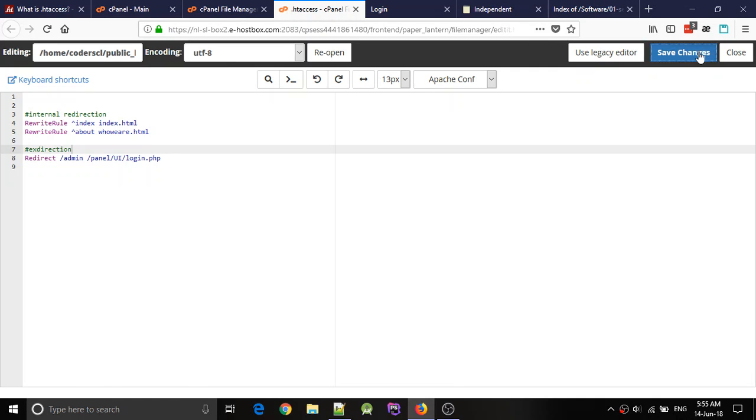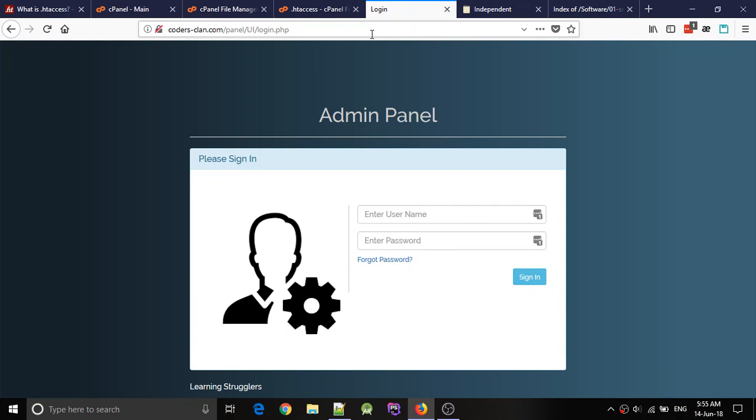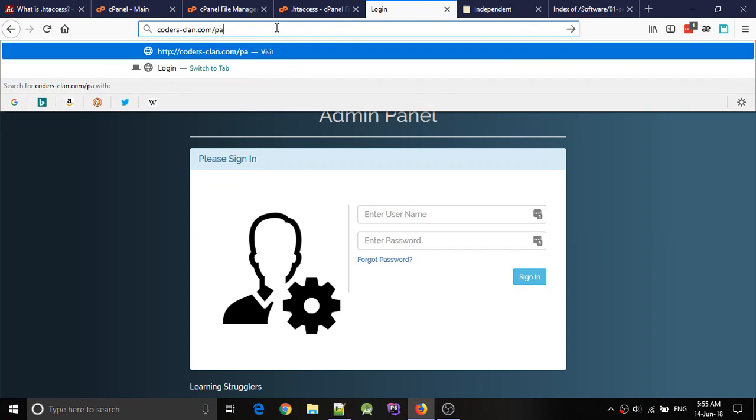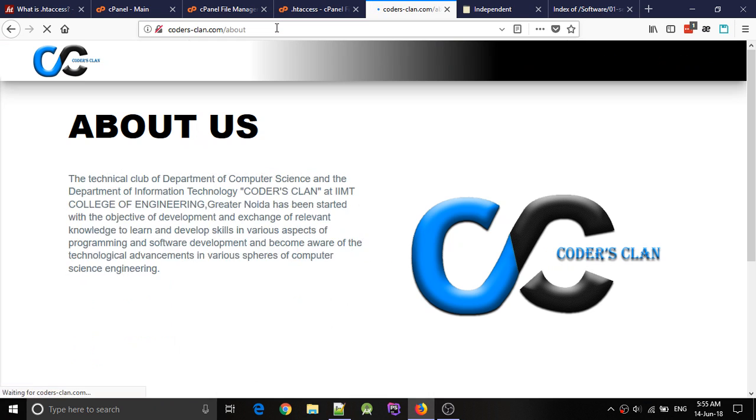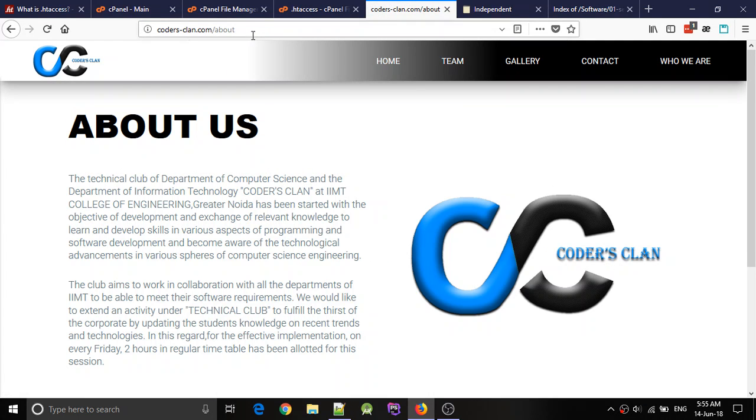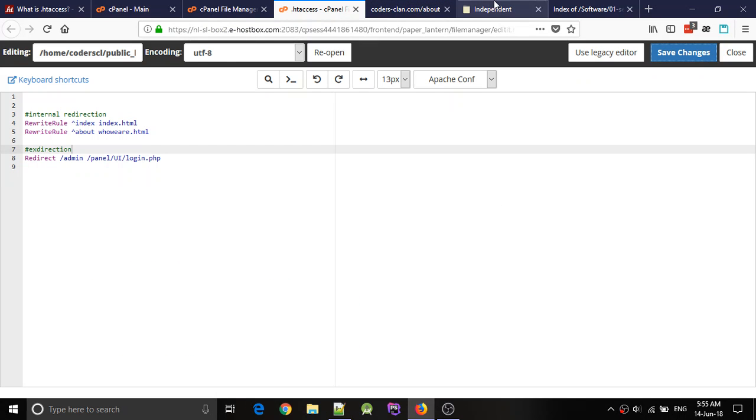Okay, if someone types admin, it displays the page it is pointing to, but in this case it doesn't display the pages. It is called internal redirection. Okay, now the next thing is